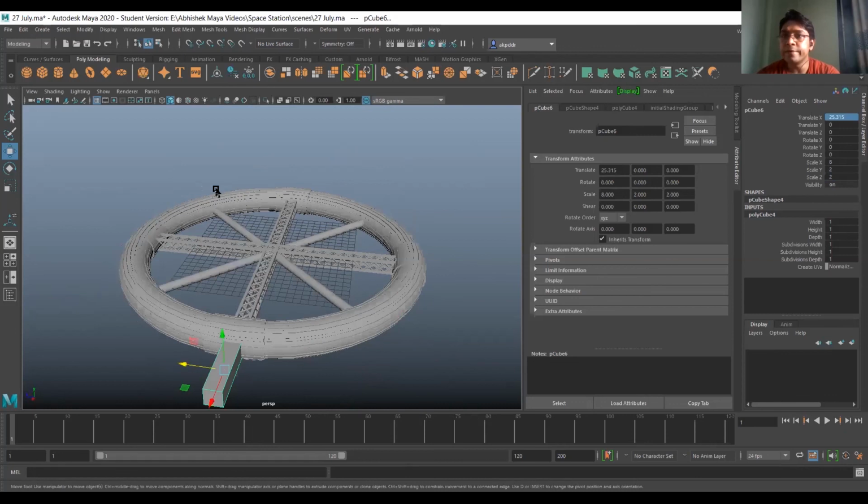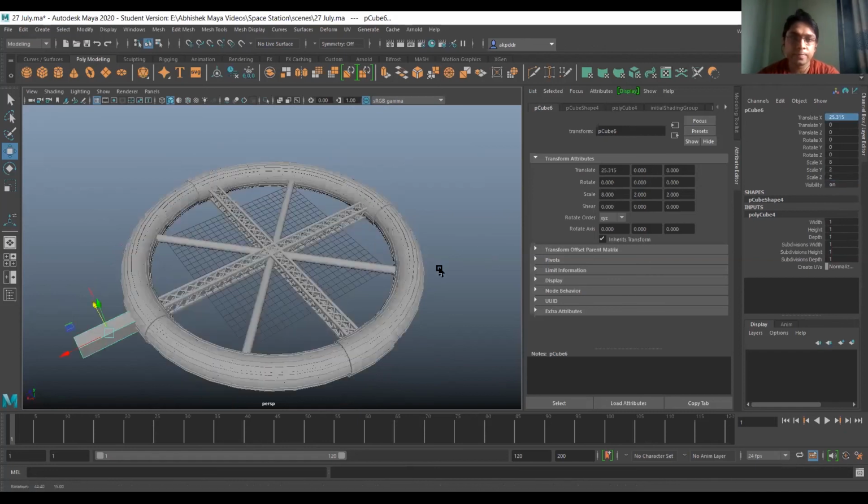Let me again tell you the values. In inputs, make sure everything is 1. Scale x 8, scale y 2, scale z 2, and translate x 23.315.